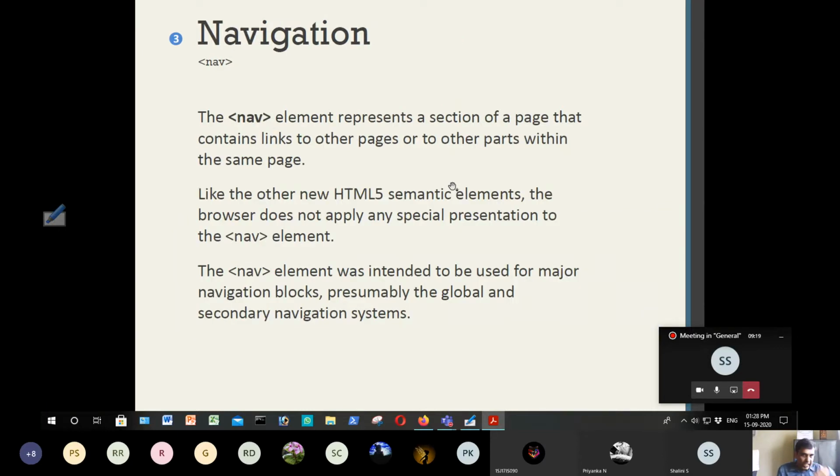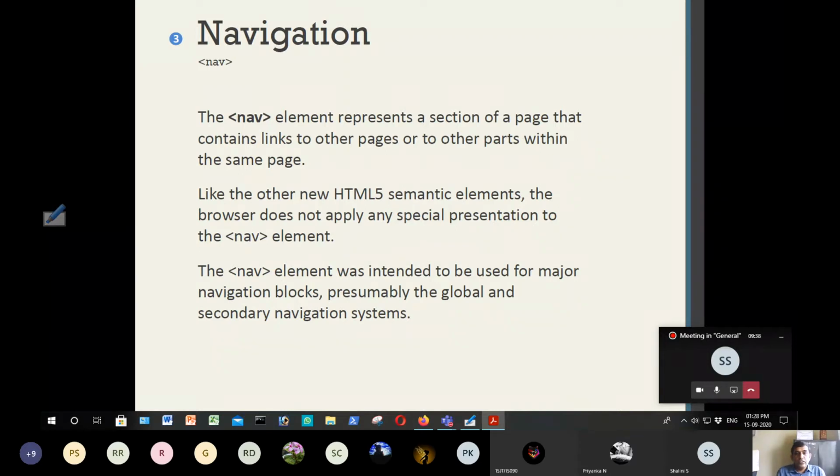So next tag is navigation tag. Navigation tag is a new tag. nav is actually the name of the navigation tag that represents a section of a page that contains links to other pages or parts within the same page.